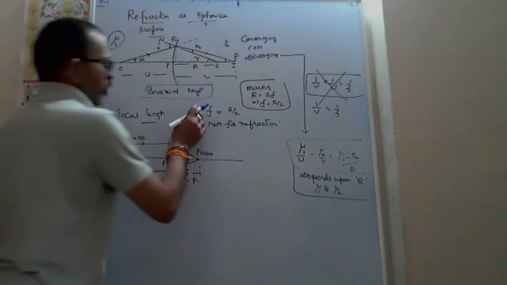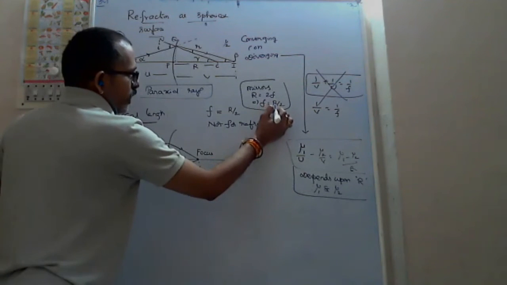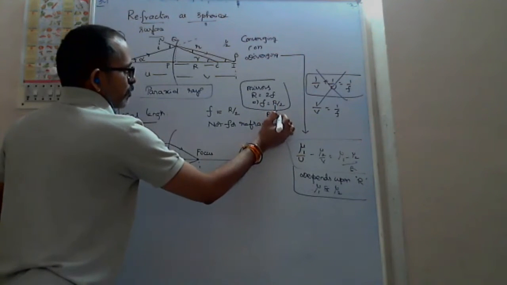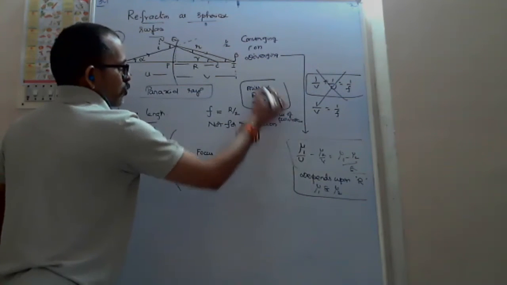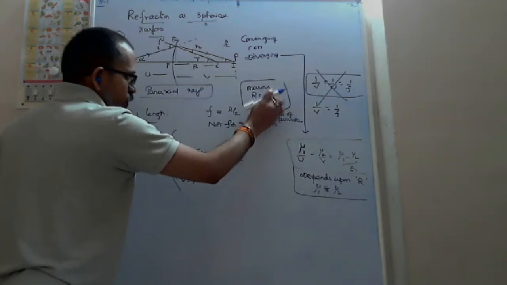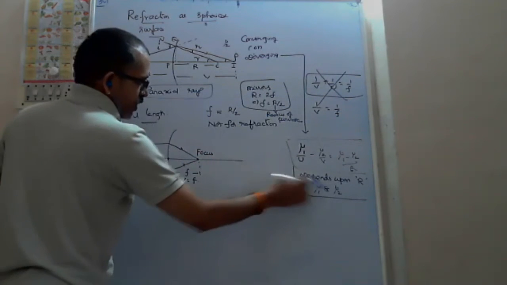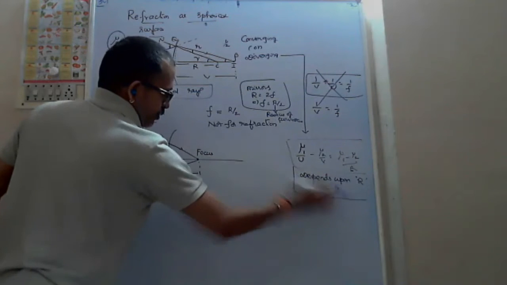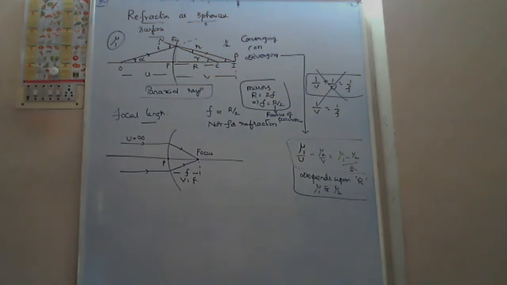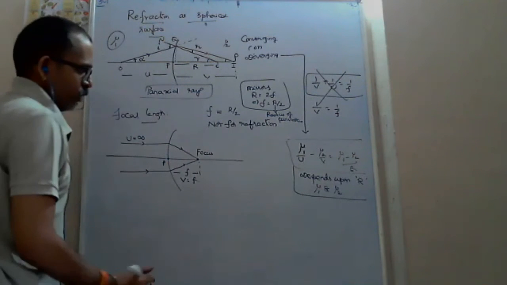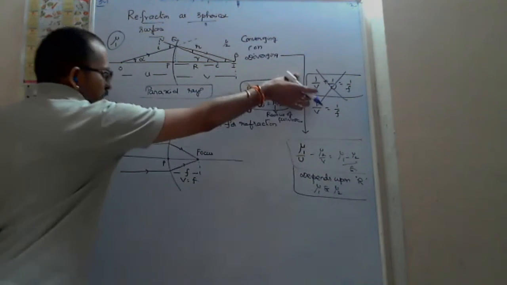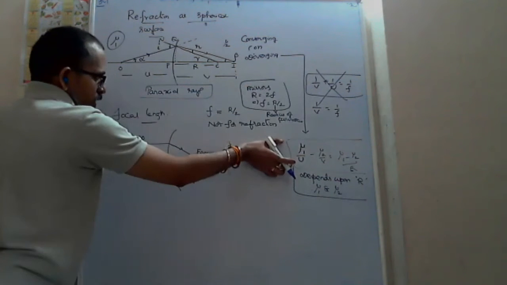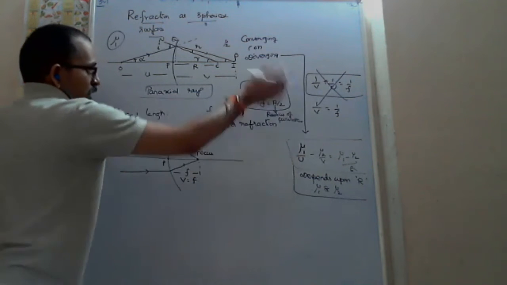Whereas the focal length of a mirror depends only on the radius of curvature. So for a mirror, focal length depends only on radius of curvature, but here the problem is not only but also. So you try to do the same type of derivation here now. Whatever formula we got for the mirror, in this case for a spherical surface, just we have